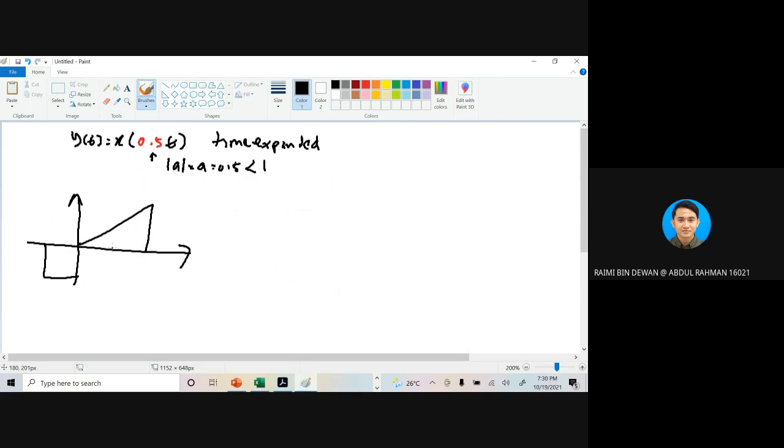Okay, here is your one, here is your two, here is your one. Remember this is your t, this is your xt. Then you have negative 1, 0, then negative 1, then negative 2. So this is the original signal, a signal of xt. Now we try to consider the next case,